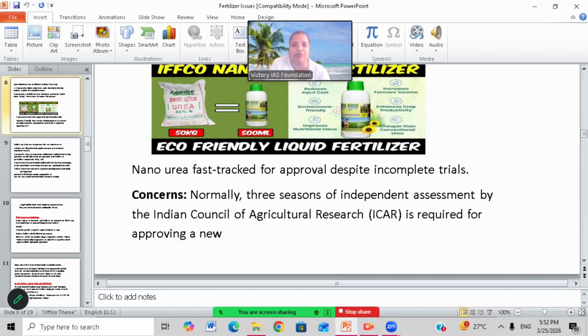Nano urea has still not completed the trials, but it is on the way to approval. Why? Because they need not do the trials again; they can already easily compare how it is useful compared to solid urea. That's why they want approval from the government for its use. So what are the concerns? Normally 3 seasons of independent assessment by ICAR, the Indian Council of Agricultural Research, is required for approving new